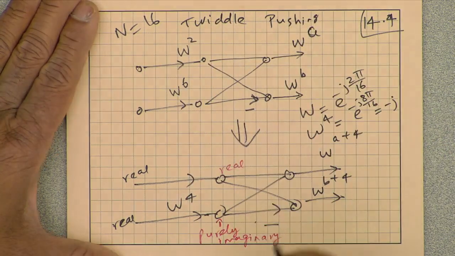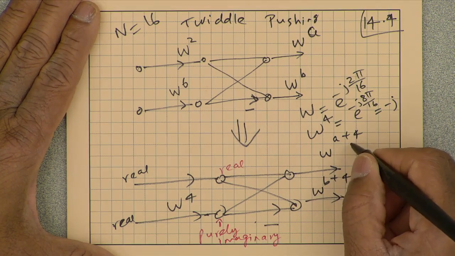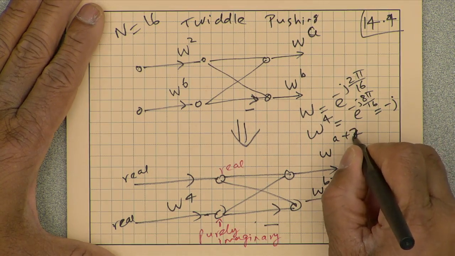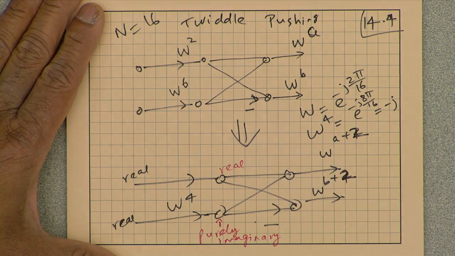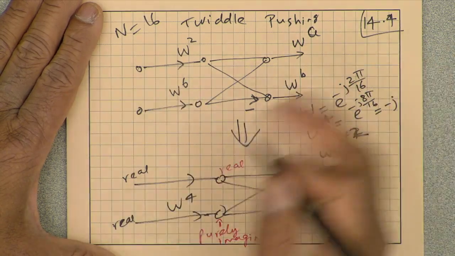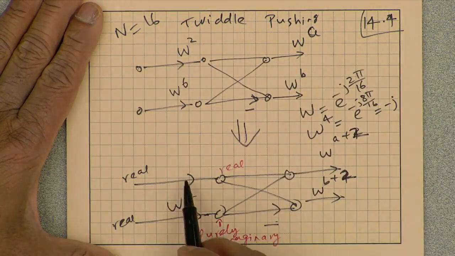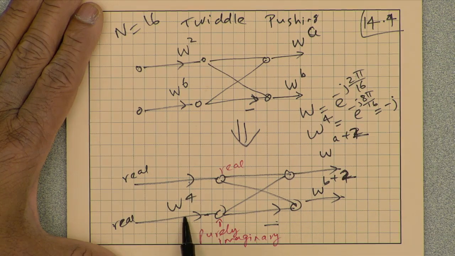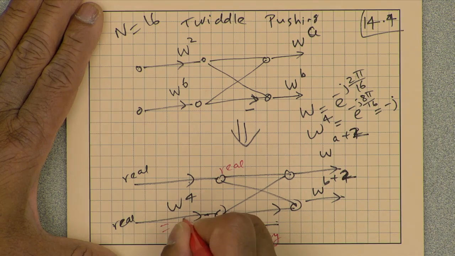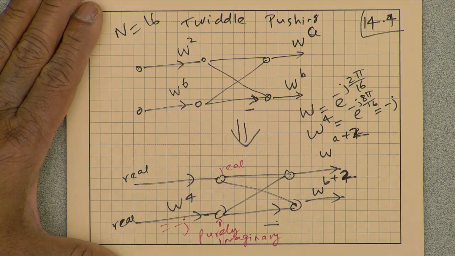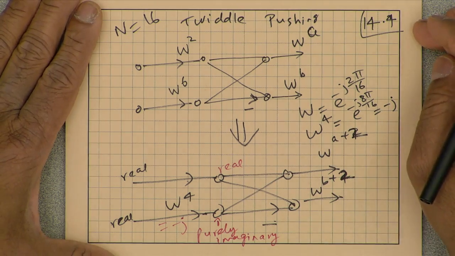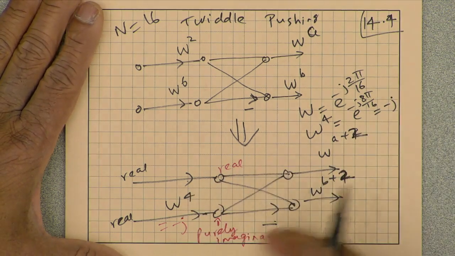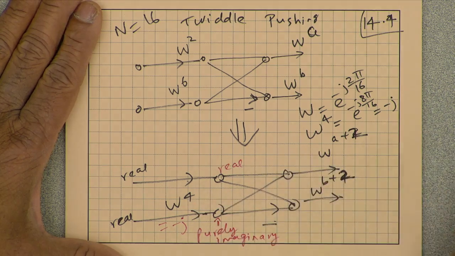So we are pushing twiddle factor W squared, sorry, W is A plus 2, B plus 2. Okay, we are pushing a twiddle factor W squared to the right. If I push W squared to the right, this is W to power 0, which is 1, this is W fourth, and that W fourth is minus j. So that's not a real multiplication, that's just taking a real number and interpreting that as an imaginary number with a negative sign. And what do you think is going on in this butterfly here?